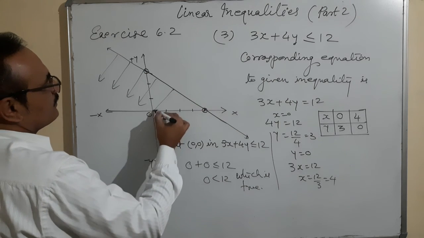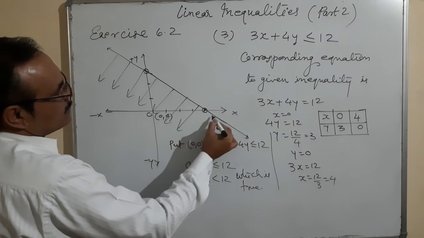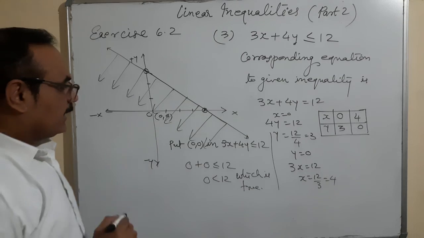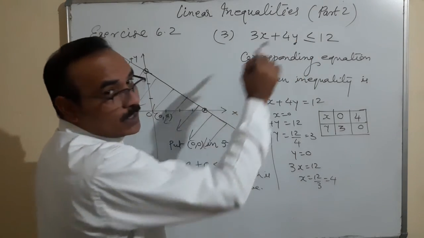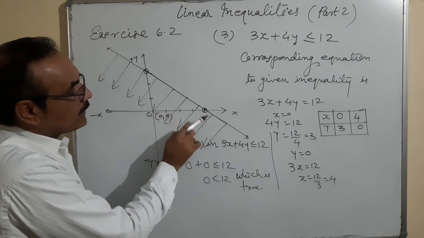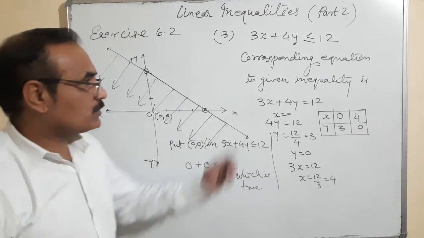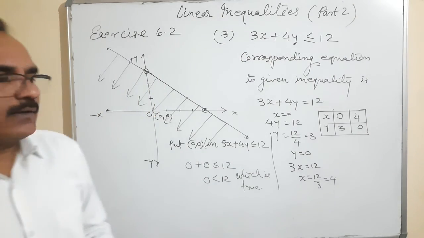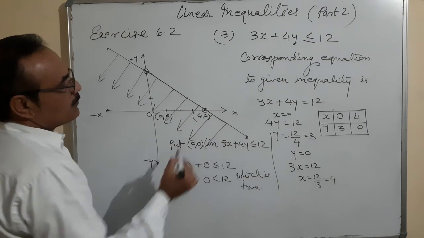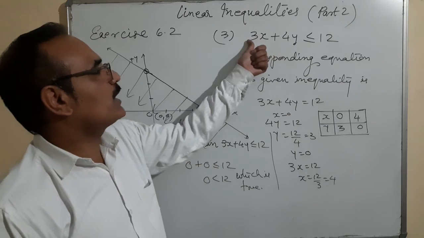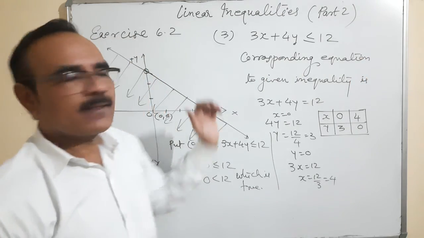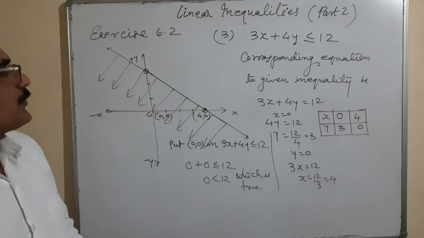This arrow, what does it mean? It will go up to infinite. This complete portion. And because 3x plus 4y is less or equal to 12, that means this line is a dark line. The points lying on that line will also satisfy this inequality. For example, suppose this point is 4, comma 0. If I put 4, comma 0, 4 threes are 12. 12 is less or equal to 12. So one condition satisfied, 12 is equal to 12. So this is the representation of question number 3.